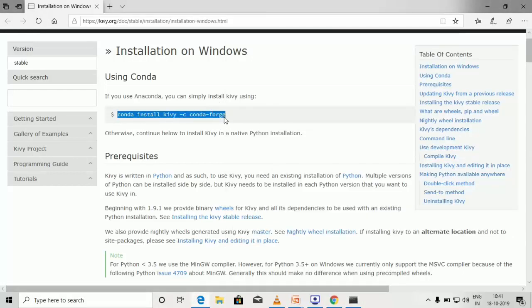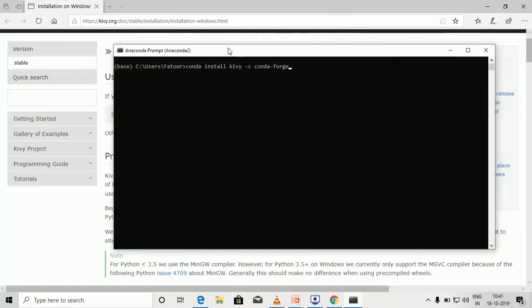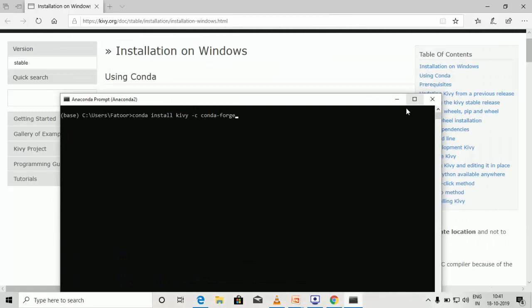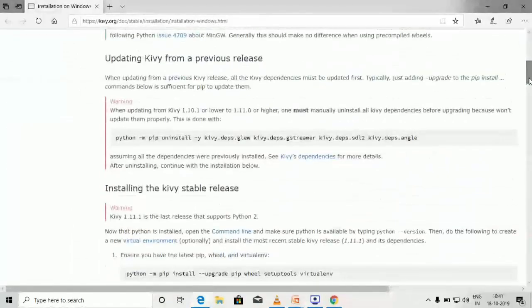So in order to explain, I'll just copy this and paste it over here. When I press enter, the installation of Kivy is done. As of now, I have already installed Kivy, so I may not be able to use this again. I have already installed Kivy, so just follow this step. And similarly, if you are using Python,